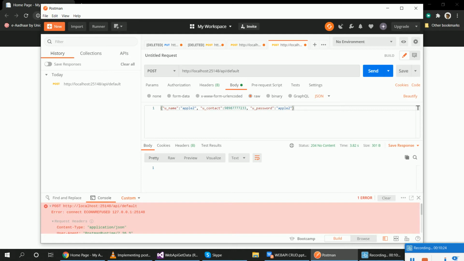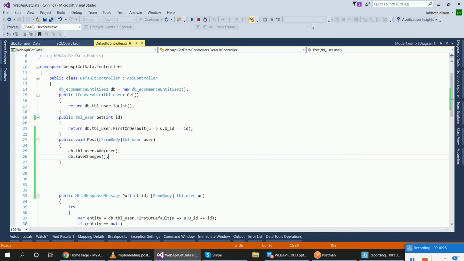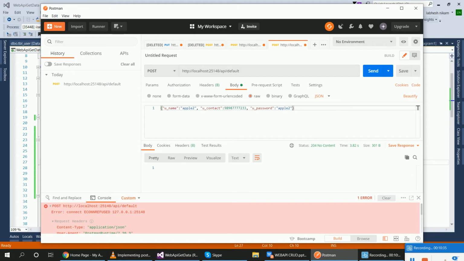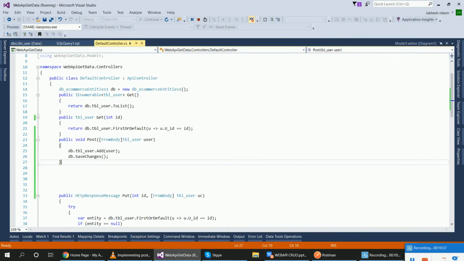So what will I do? Let's check the changes in my program. This 204 code is displayed because of this void.